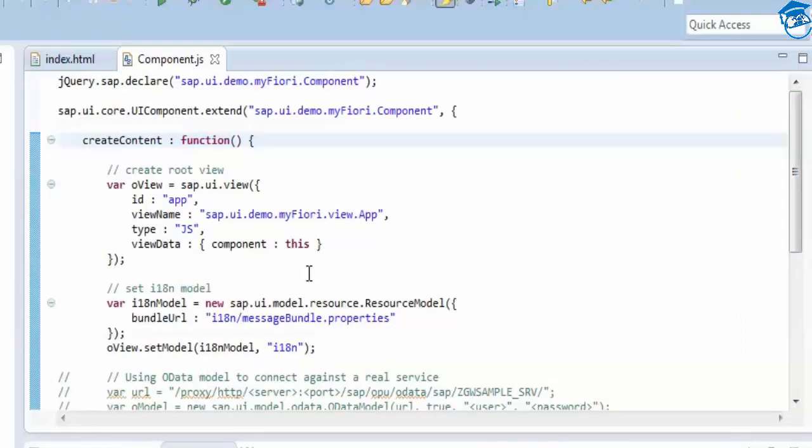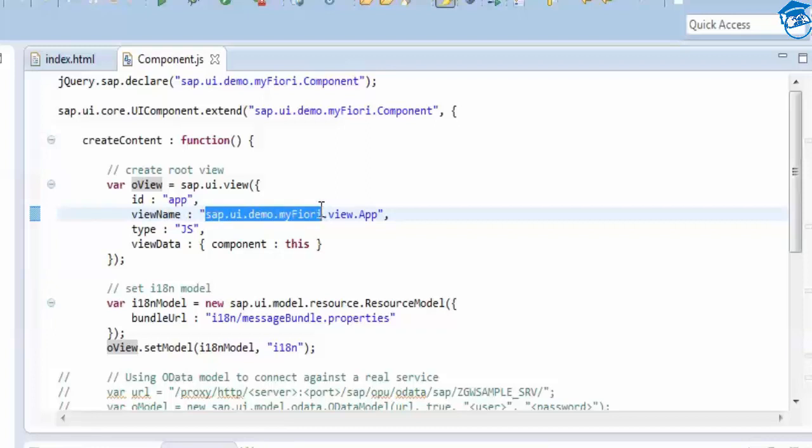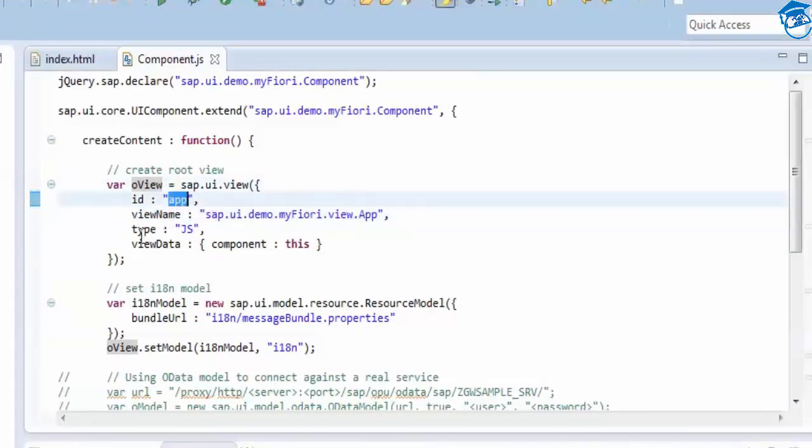Now we are creating a view, a sample view. So how are we creating a view? oView equal to sap.ui.view, and inside this we have an ID, that is app, and we are creating a view name, that is sap.ui.demo.myfiori. That means it refers to web content, and inside web content it will search for the view folder and it will go to app. So here in the view folder, when we extract, there is an app. This line of code gives you an ID and it will check which type it is,